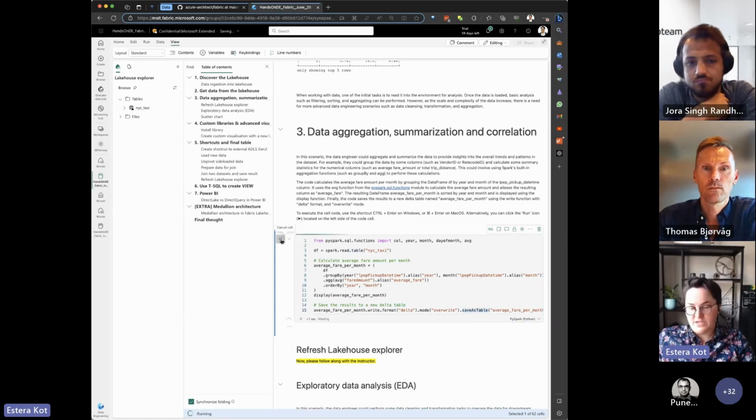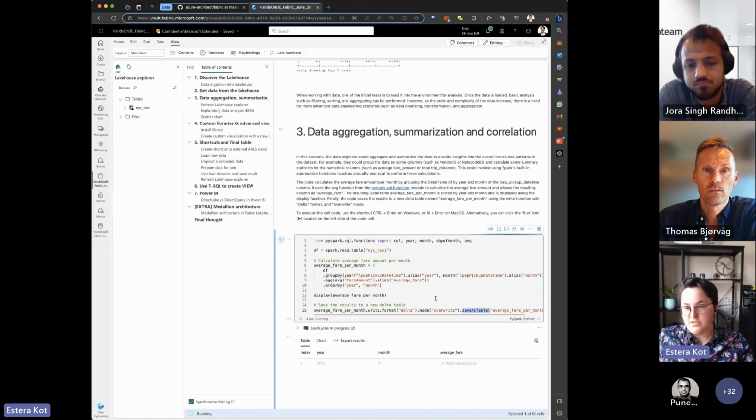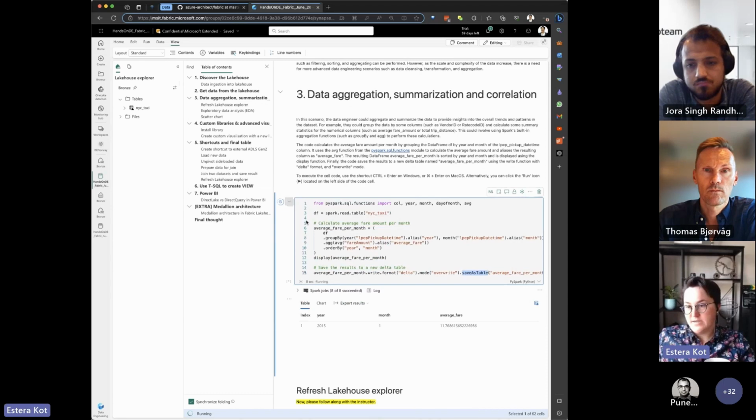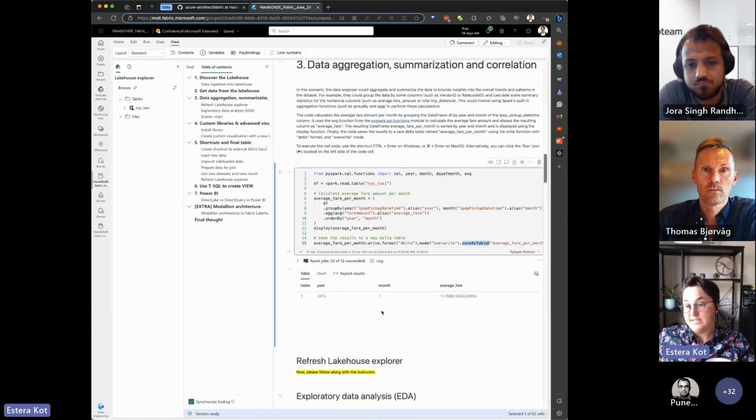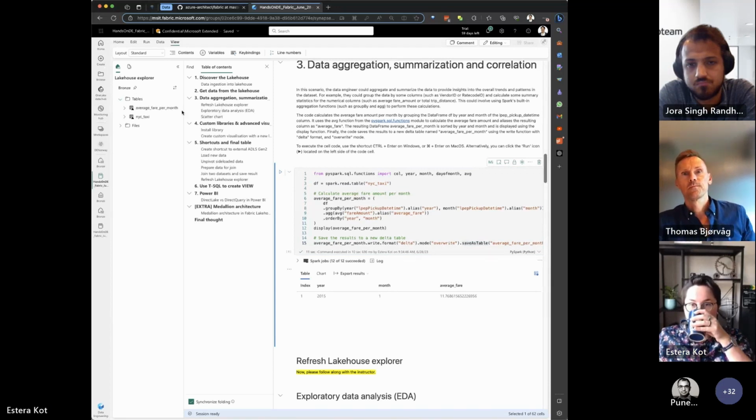That is our guideline: use saveAsTable, not save. And that is the result, so our table has been created. To see it, we have to refresh. So click the three dots on the Lakehouse Explorer and click refresh. As you can see, we got a new table with the results.